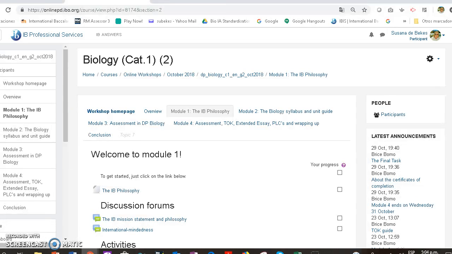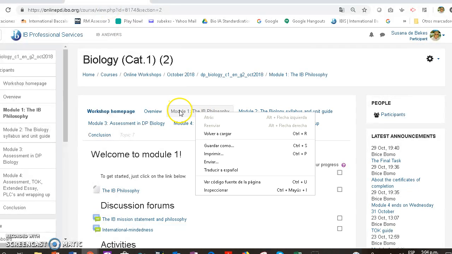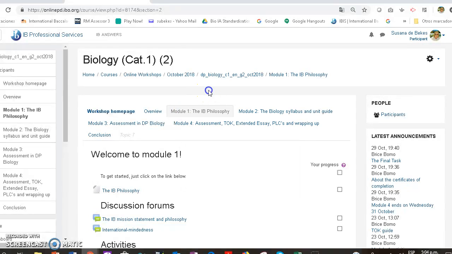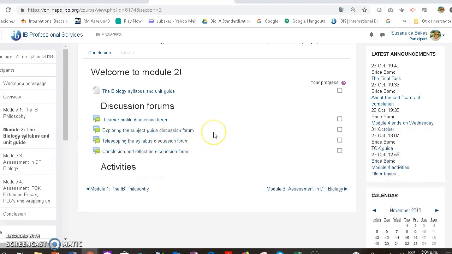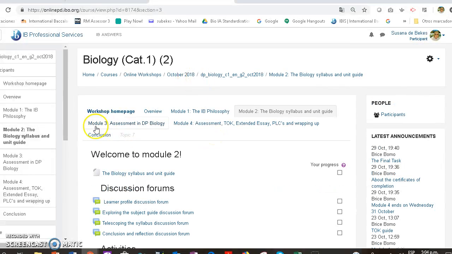There it is. But if I had clicked here, well, I can open, for example, module 2 in a new tab, and then here I have module 2, and I can go easily back to module 1. You see, module 1, module 2. Going back to the home page,